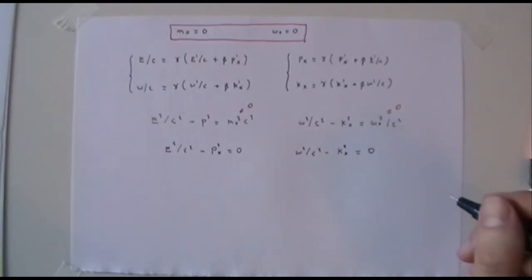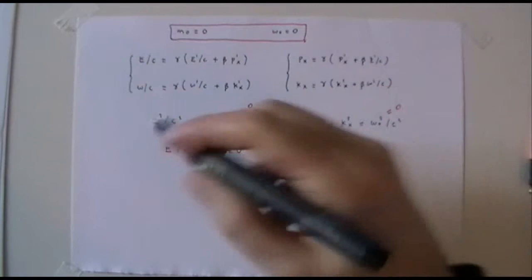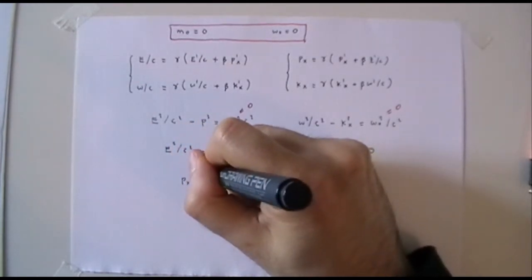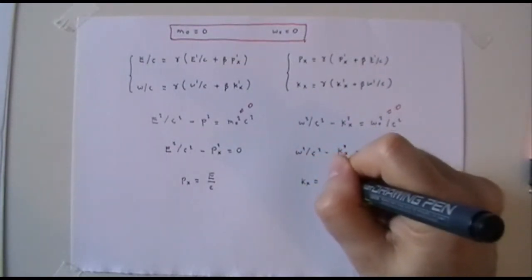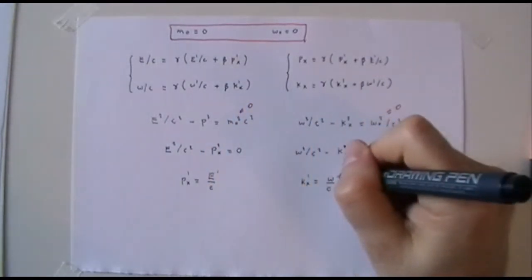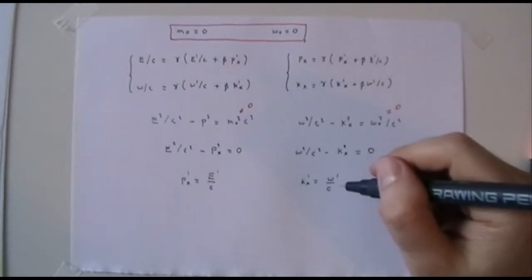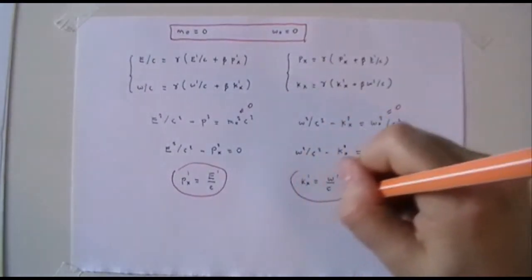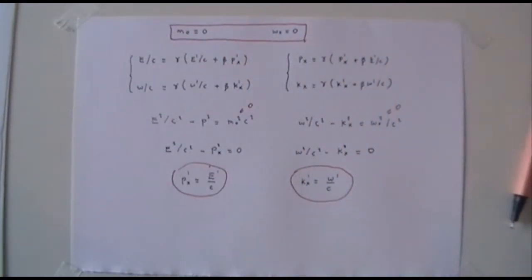And if we consider, in accordance with our initial assumption, that px and kx must have the same sign, we have from these two equations that px equals E over c and kx equals omega over c, in this S frame, and in the S primed, of course. And inserting this equation into the Lorentz transformations, this and this one here and here, we get